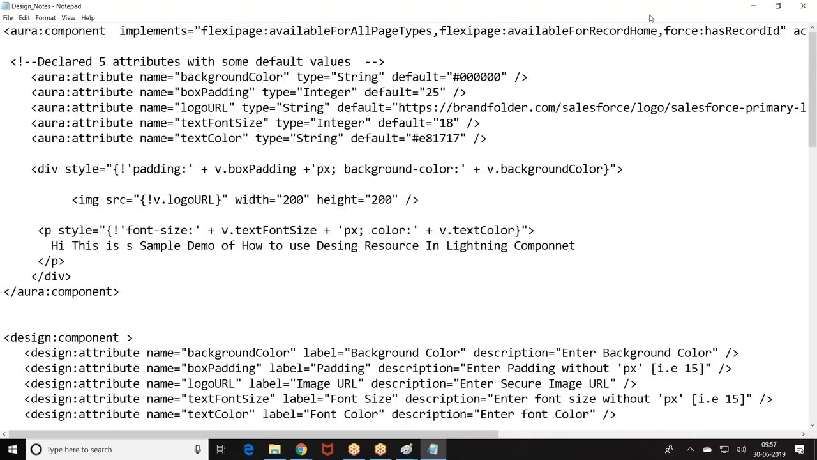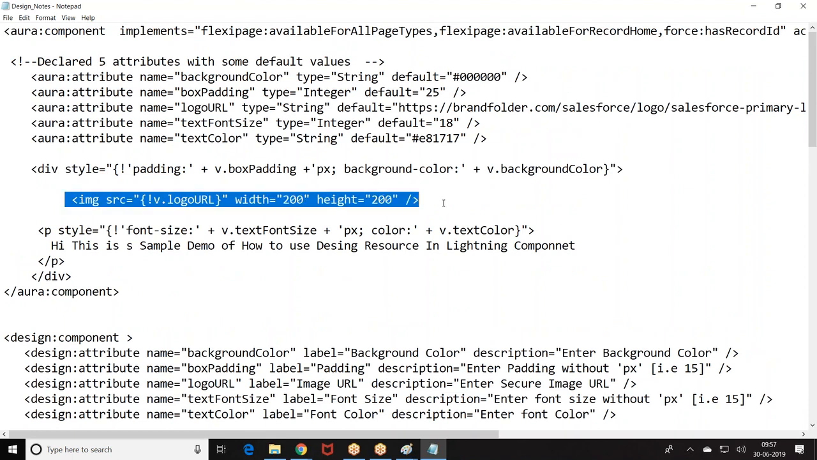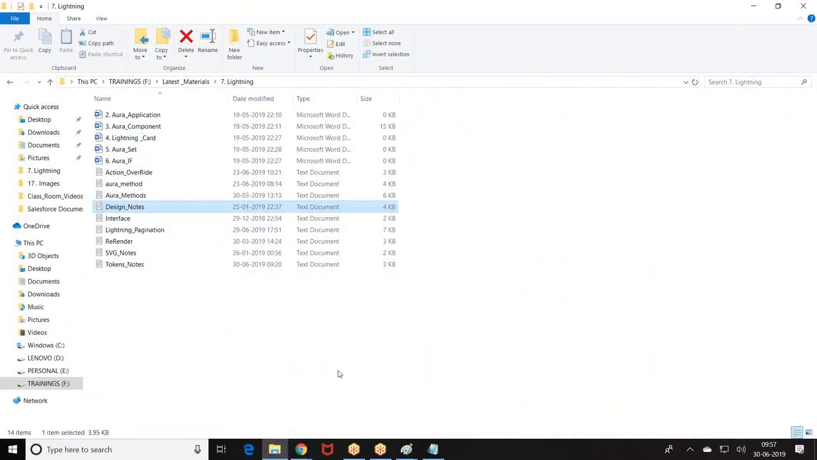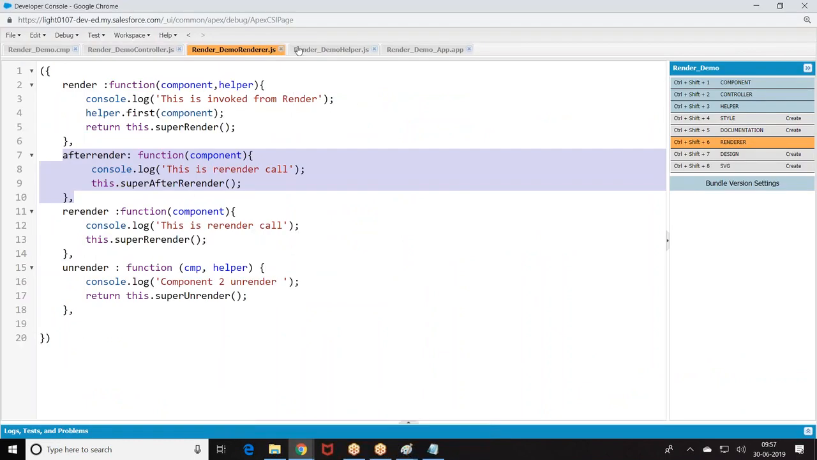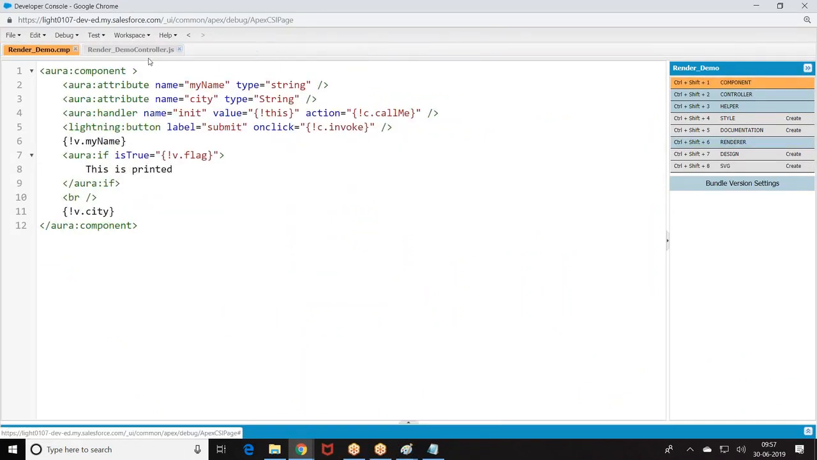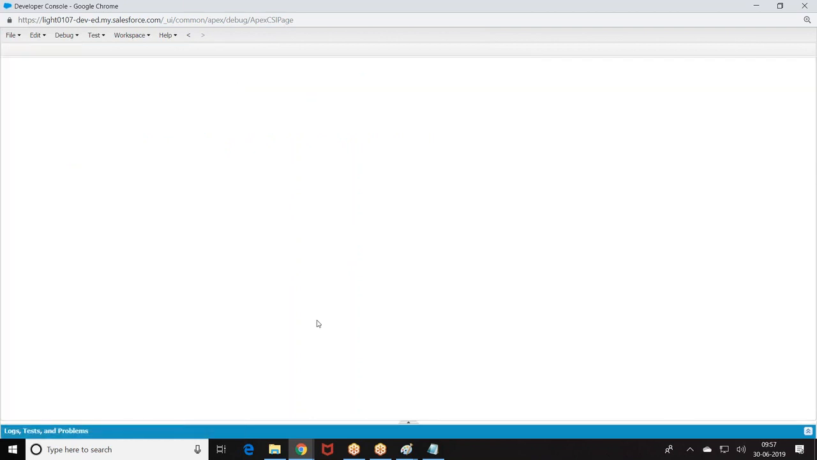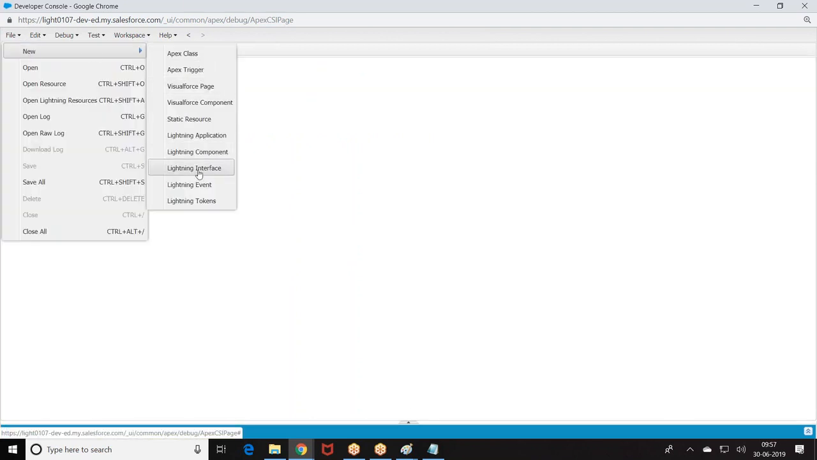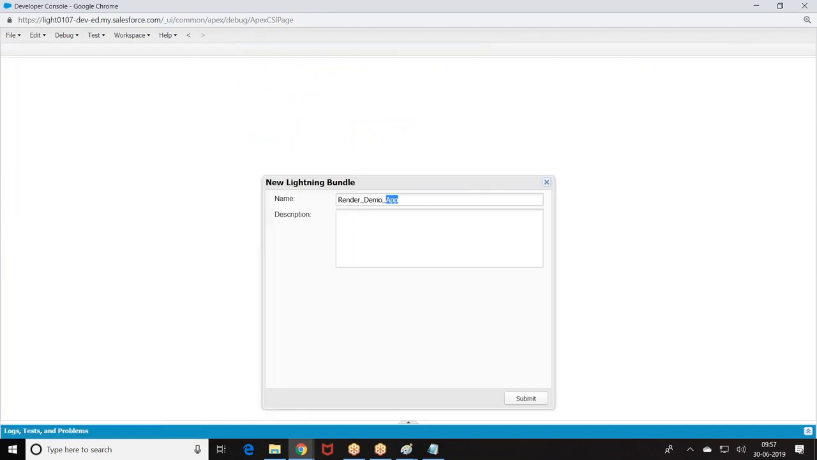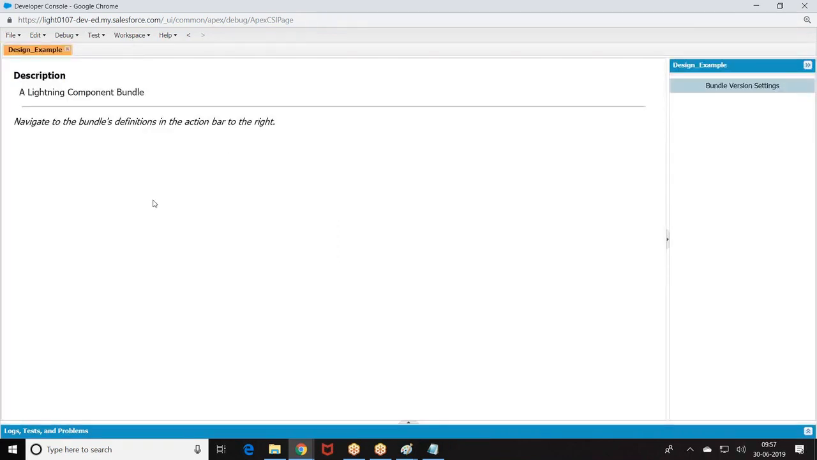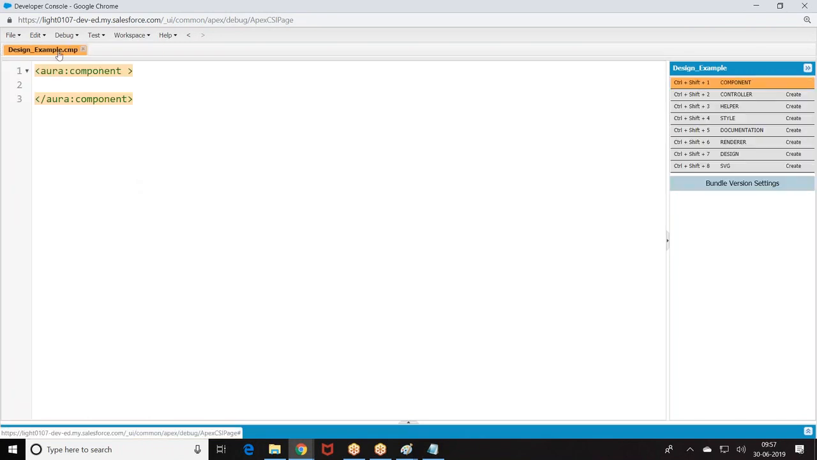I have some predefined examples. I'm just copy-pasting the component, or else we can define it with respect to our own style. First, I'll just show one example. Then I'll come back to designing our own example. First, let me show one predefined example, then I'll go with the